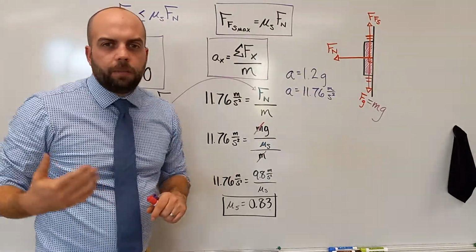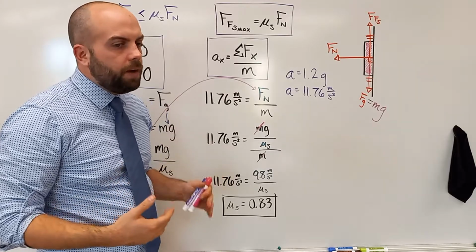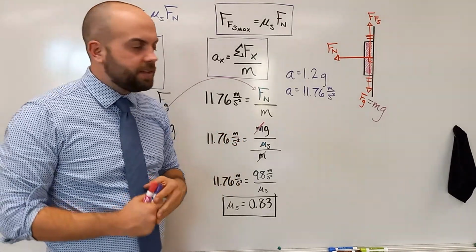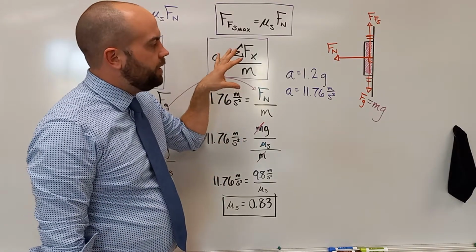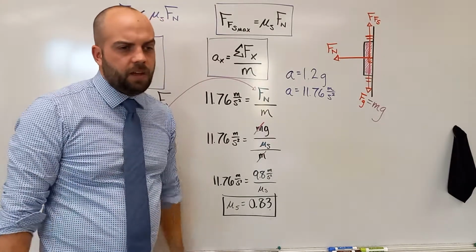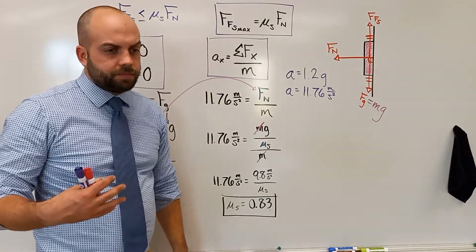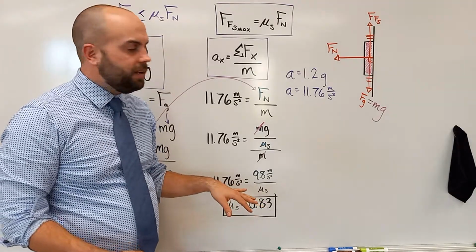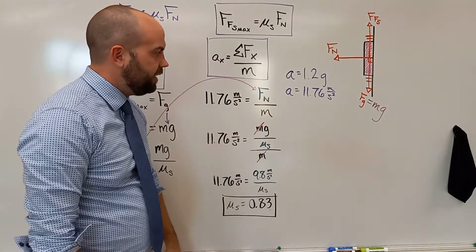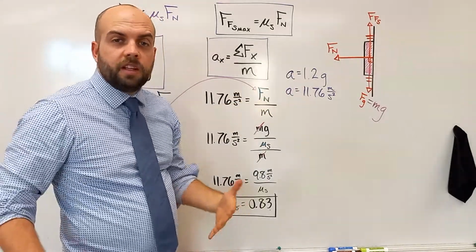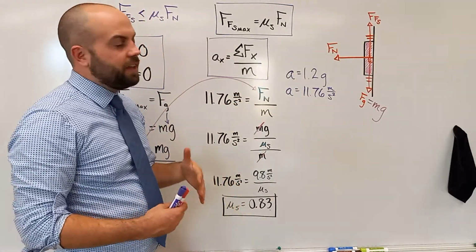And lastly, part E says, well, what would happen if we used a tablet that was 3 times as massive? The problem would be exactly the same thing. Eventually, the mass just canceled out. And as long as the coefficient of static friction is the same, everything would remain identical, and it would need that acceleration to remain fine. Turns out it doesn't matter about the mass of the object here,